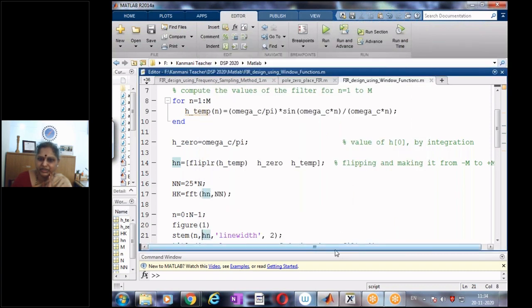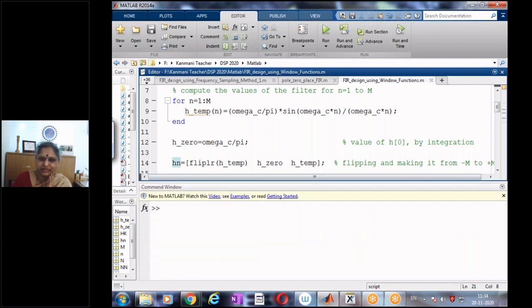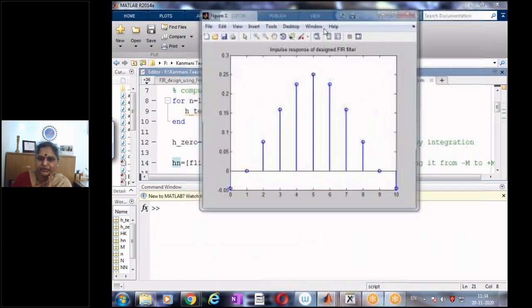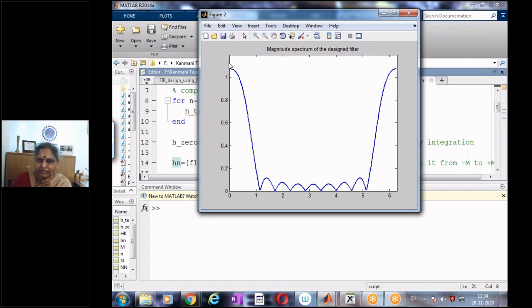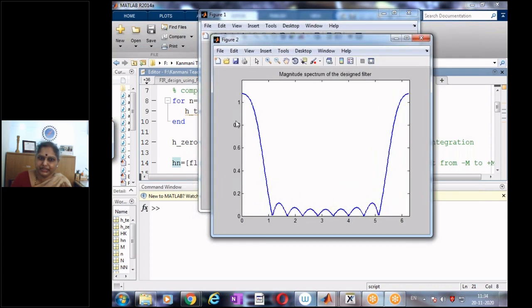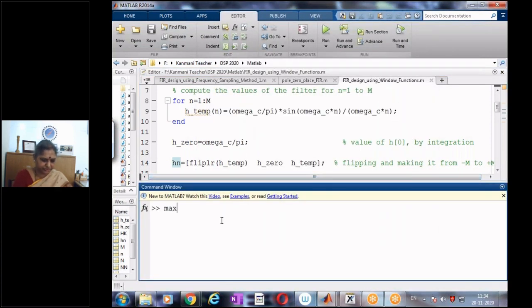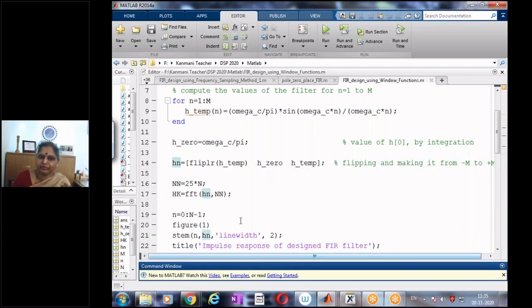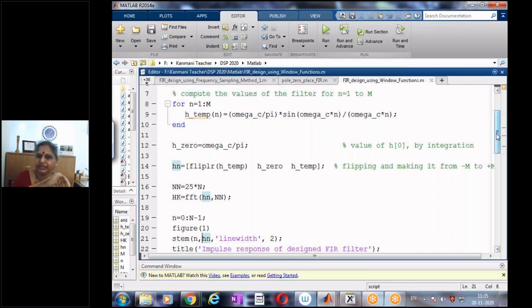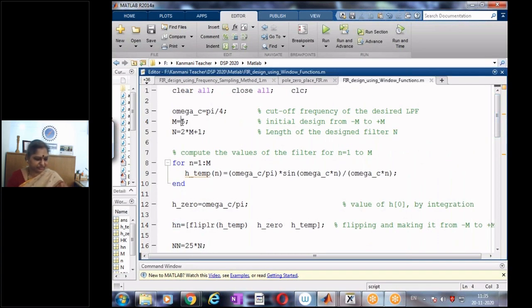Now if I look at the magnitude response, let us look at the maximum value. It goes beyond 1. The magnitude is higher than 1. Let us see what is the maximum value of the absolute value of H of k. My ideal filter requirement is that you should have a maximum value of 1, but it is more than 1. So now let us see what happens if I further increase the number of terms in my FIR filter. Now instead of 5, I change my m to say 20.